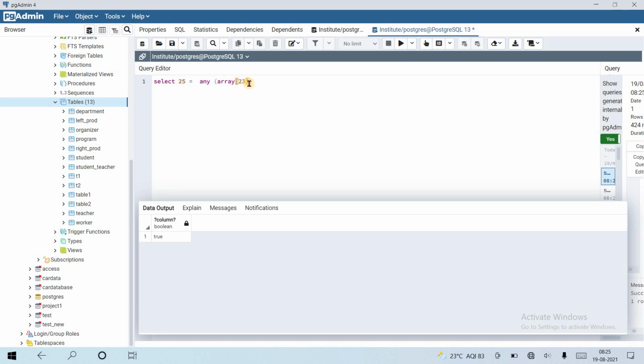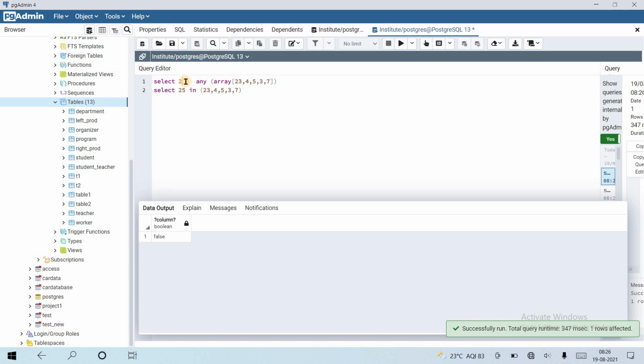Like previously with the not in function, suppose select 25 in parenthesis 23, 4, 5, 3 and 7. Both behave the same. It will return false because 25 is not present.